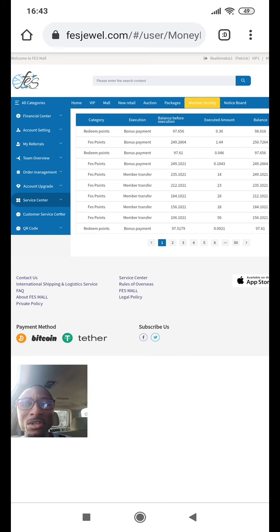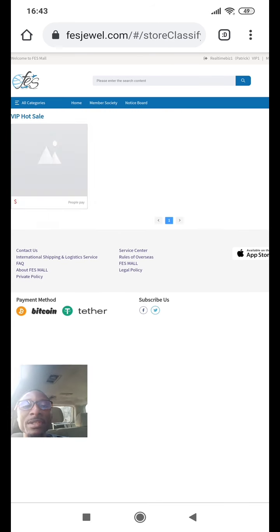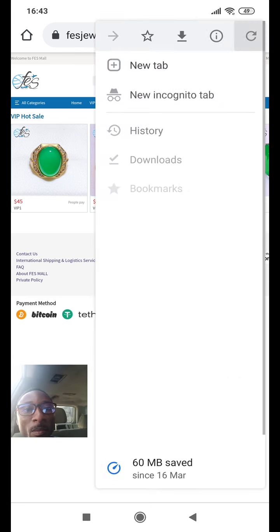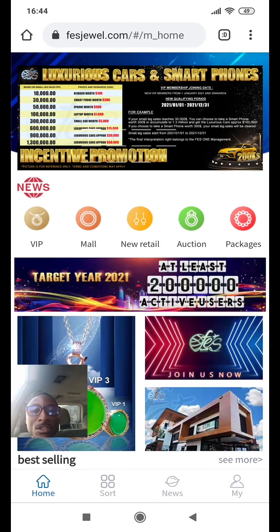Okay, so you take your time, explore, just go through the different buttons that you have there. You already know how you log into this page, and then you can explore. You can go to the home page. You can go visit the VIP page. As you can see, you see different stuff. And remember that this is still on the desktop mode. You can change it back to the phone mode, the mobile phone mode, by removing it from desktop mode. Okay, and this is what you've got.